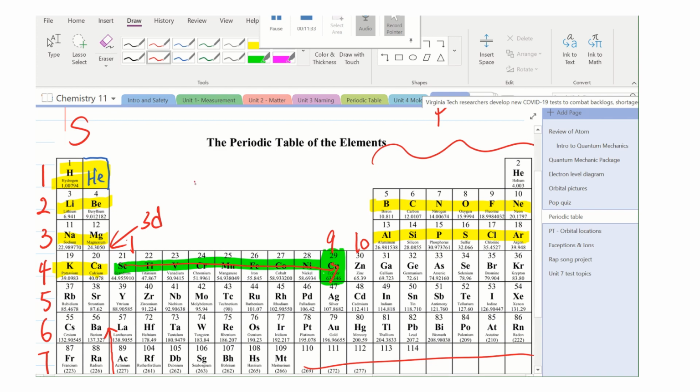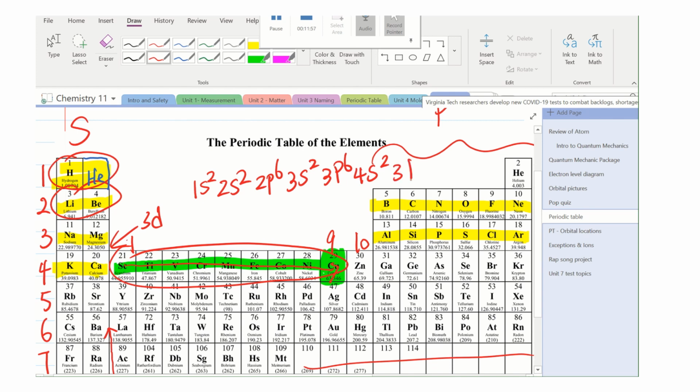Do you see how I get this electron configuration? Once again, 1s2, so you can write it down now. 2s2 right here, 2p6, that's when it's all filled, 3s2, 3p6, and then 4s2, and then lastly these valence ones, 3d9. Okay, so that's the electron configuration for copper. See how easy that is, right? So let's do one more.